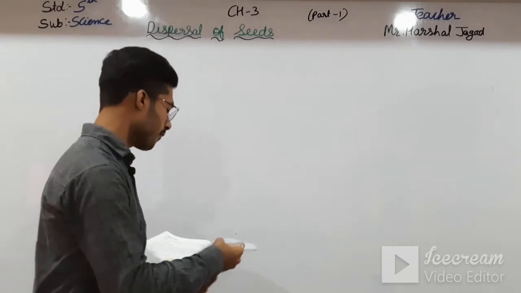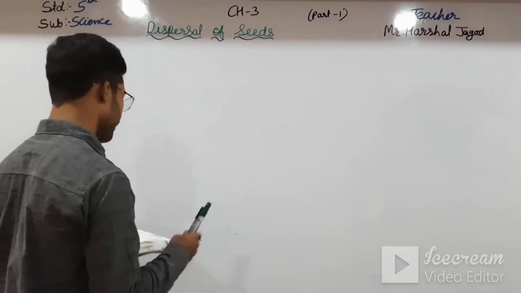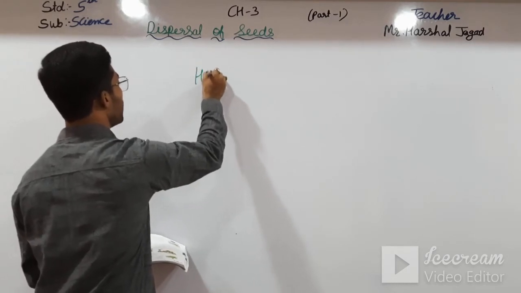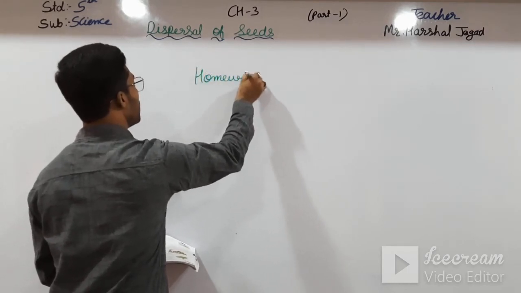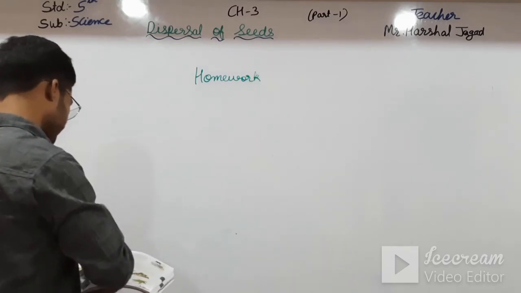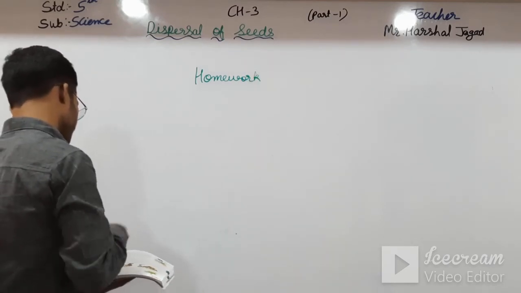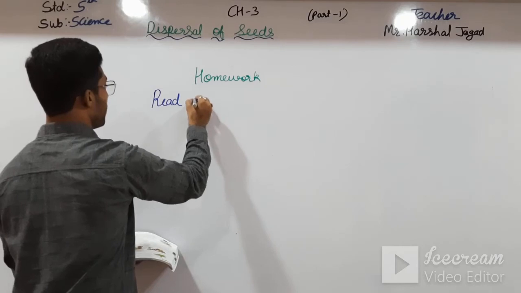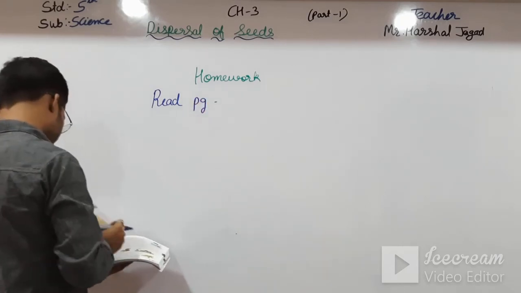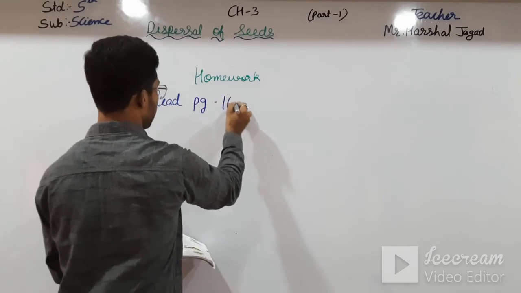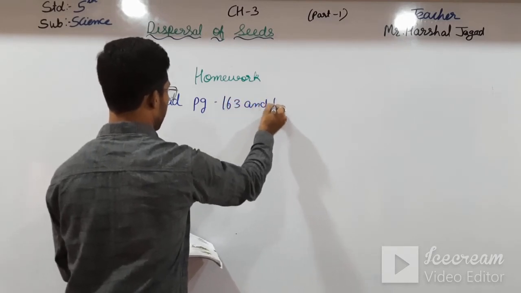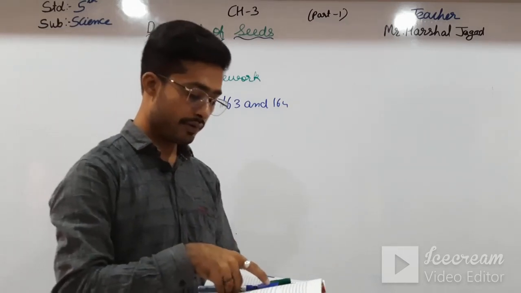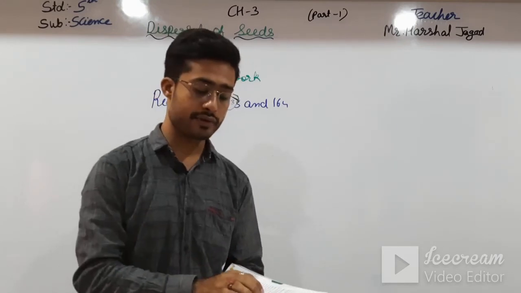Now in your homework, what you have to do, I am telling that, so please write down your homework. Your homework is, you have to read page number 163 and 164 up to the dispersal by the wind, and then after, in the next video, we will start the dispersal